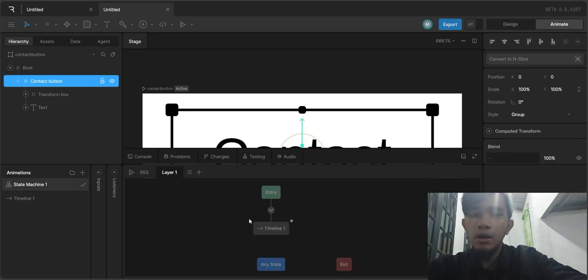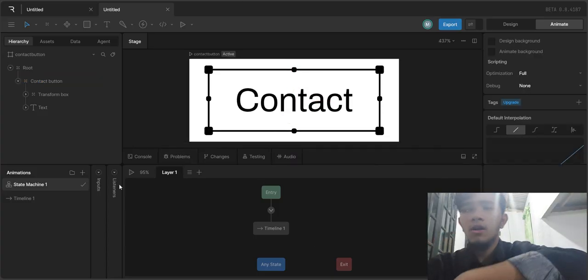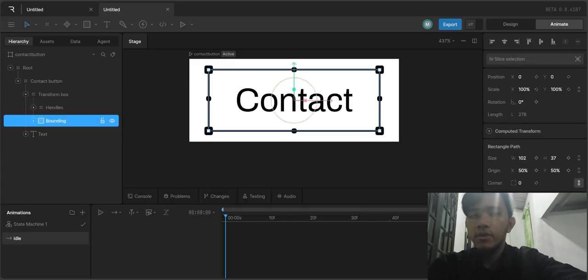Now we will add small rectangles to the corners to make it look like a bounding box. Zoom in and press R, hold shift and draw a 5x5 pixel square.